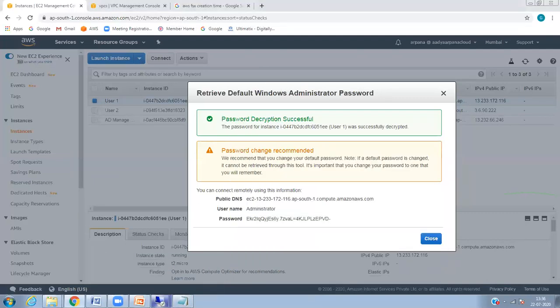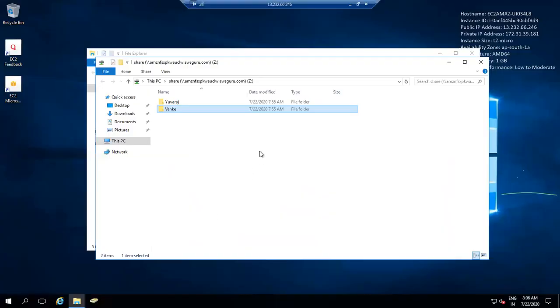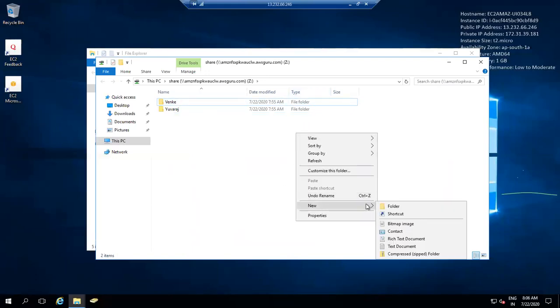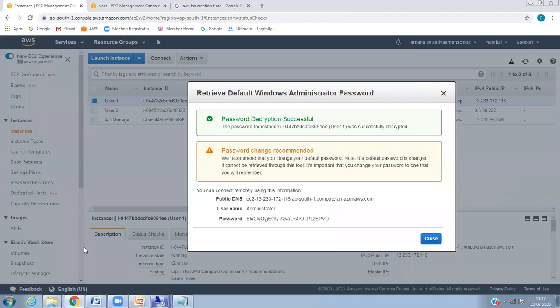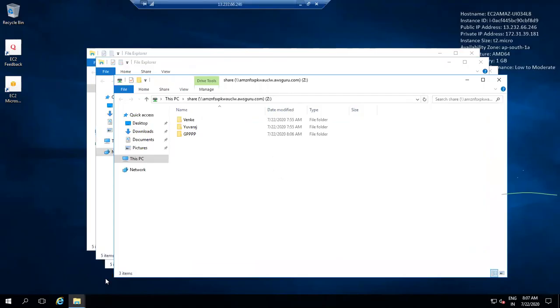You want to see in Unix? Unix also? I have one doubt. On a Linux server, you will put any file, it will automatically paste in our EFS file drive. In this Windows FSx, we will access the folder, then only paste whatever data you need. Yeah, because it will not move automatically to the FSx drive.